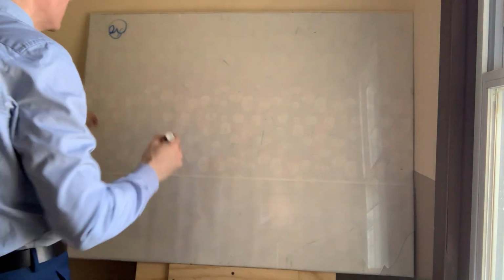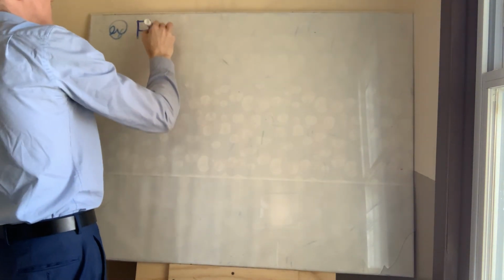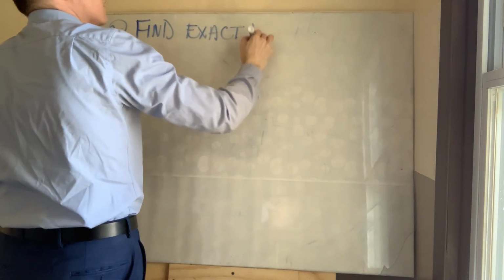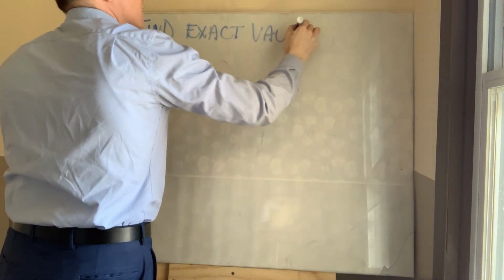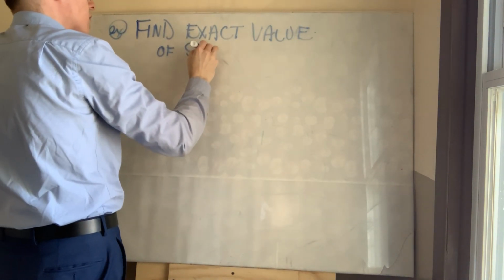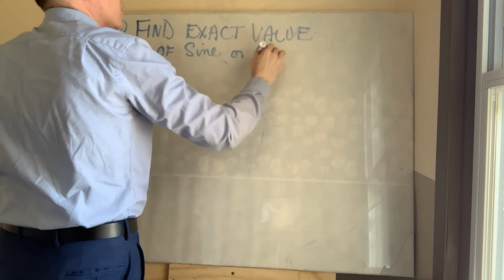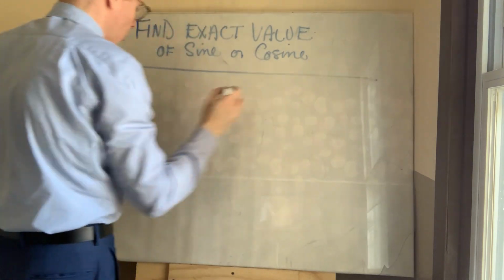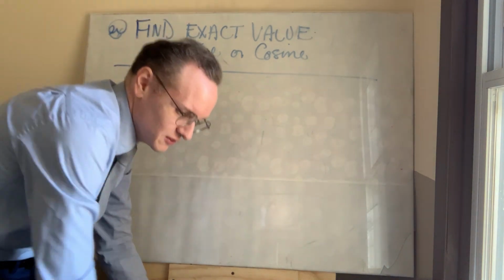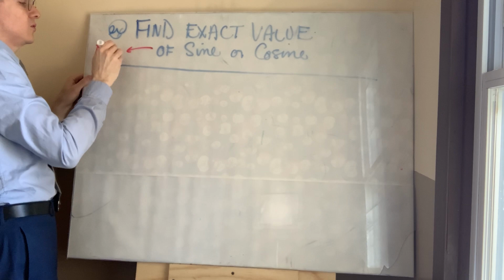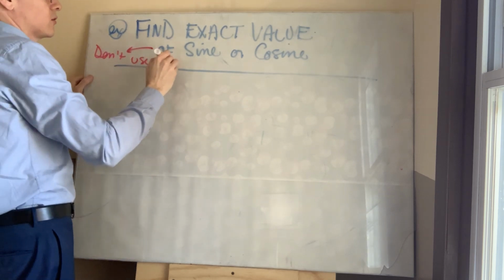Right, if they say find the exact value of sine or cosine, basically what that is code for is it means don't use your calculator